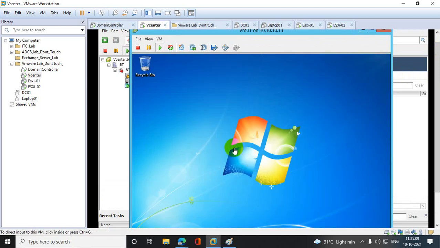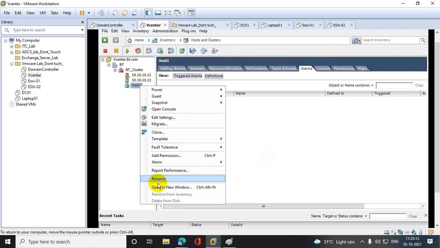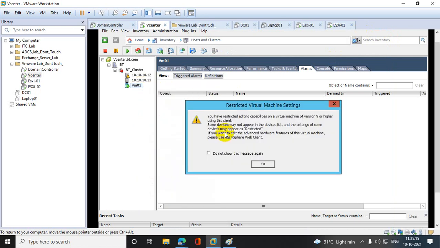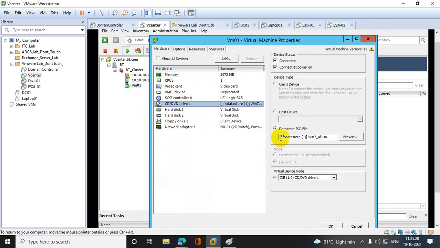Okay, very good. So let's minimize this, and what I need to do is go to edit settings, and first my responsibility is to uncheck this ISO image. Okay, so I'll first set the device or datastore, or I have to set the connected options. Clear?